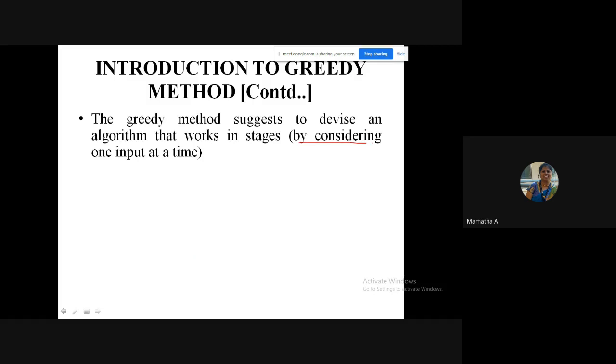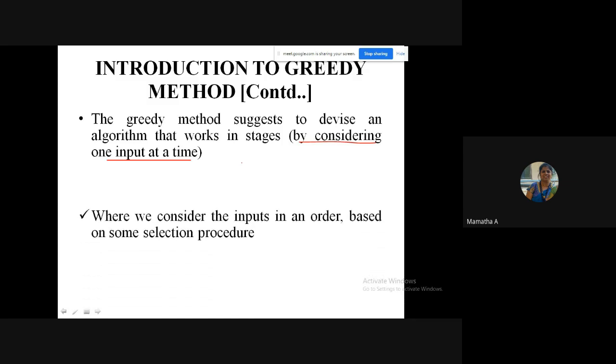It is the same as when you go to a mart and start selecting the first item, then the second item, then the third item. To construct the whole 10 items, you keep putting one item at a time into your bag, isn't it so? So it works in stages, selecting one input at a time.